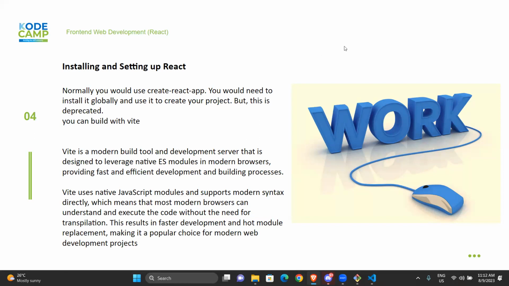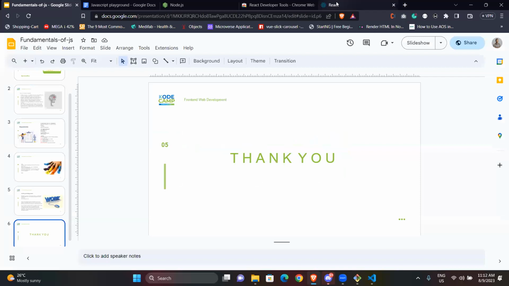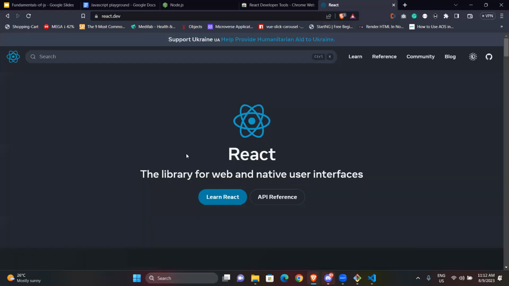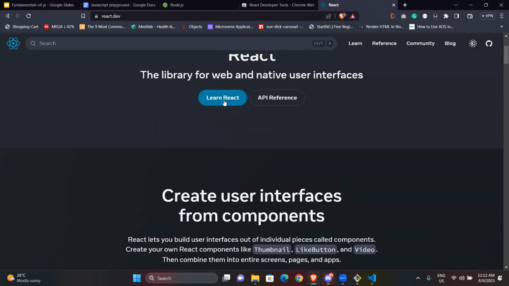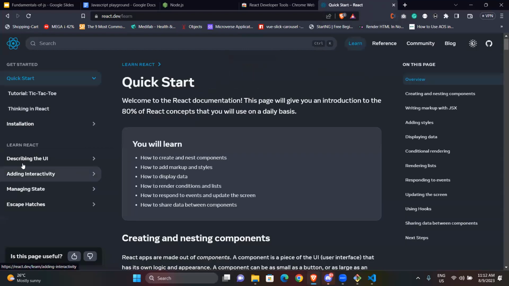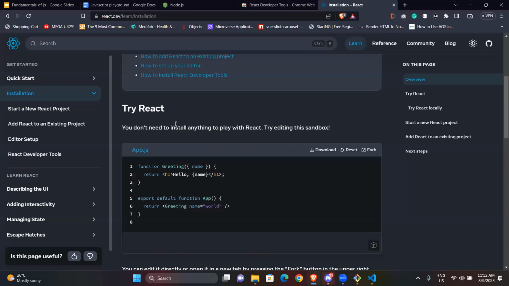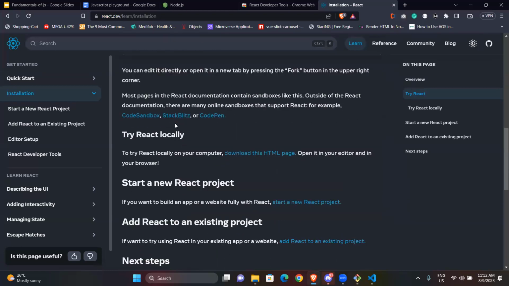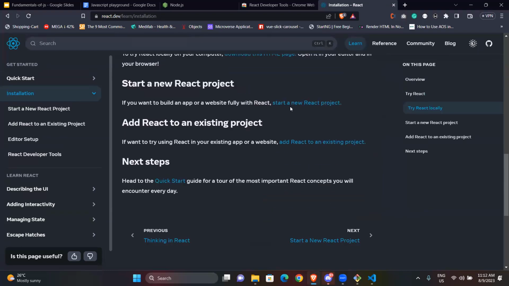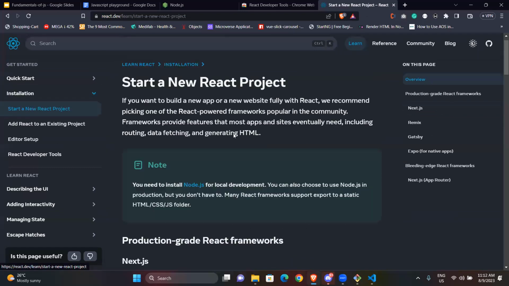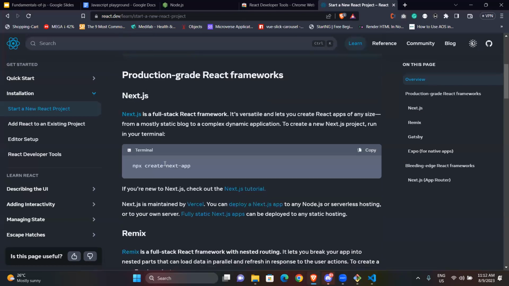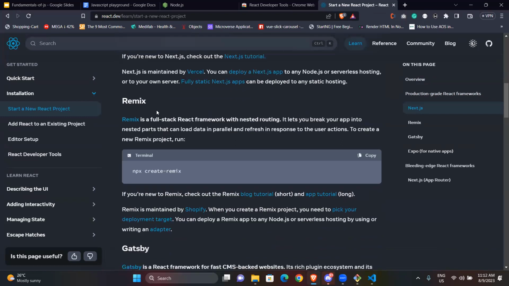But with Vite, it makes it faster, and Vite is kind of unique. So I'll just go to the React website, to Learn React and Installation, Start a new React project.